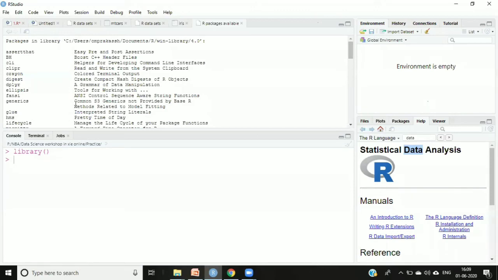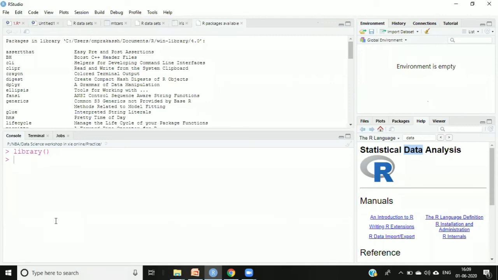If we require lots of different functionalities, and the functionalities are not available, we will search for the library and install it. If the library is already installed, then we can directly load that particular library. We don't have to install it again. But if the library is not there, then we will have to install it. So this is the scenario. If you require any feature, you can always install the library.